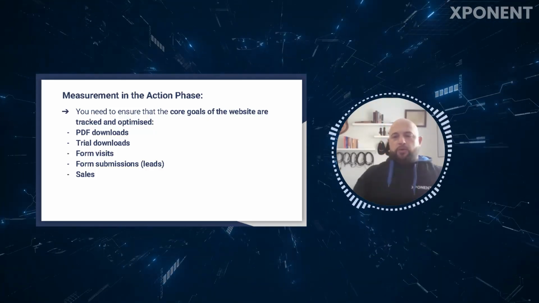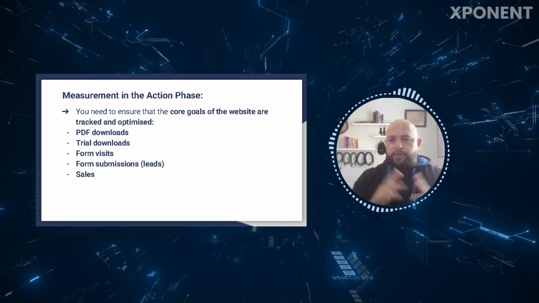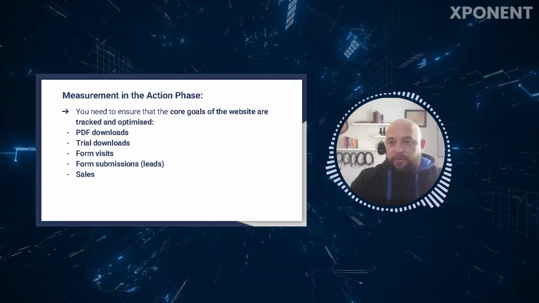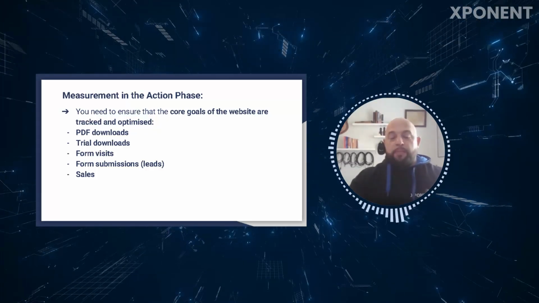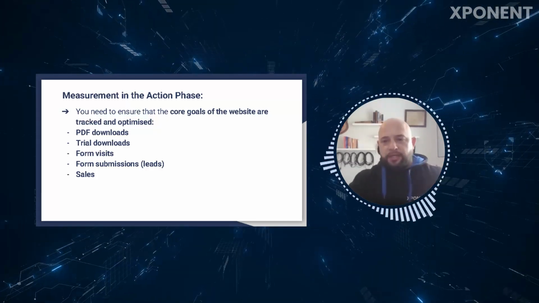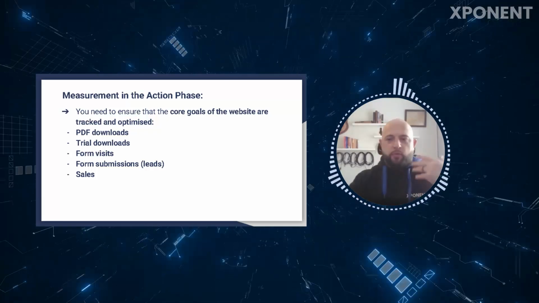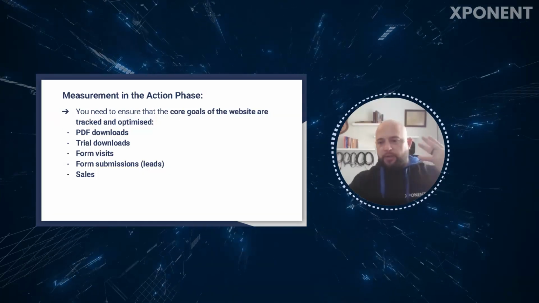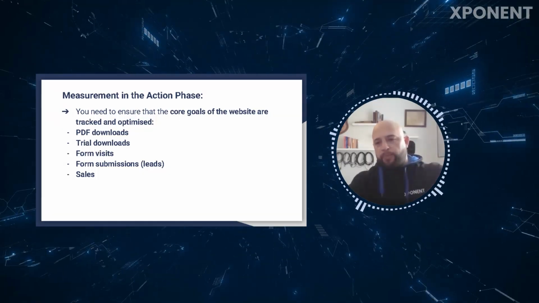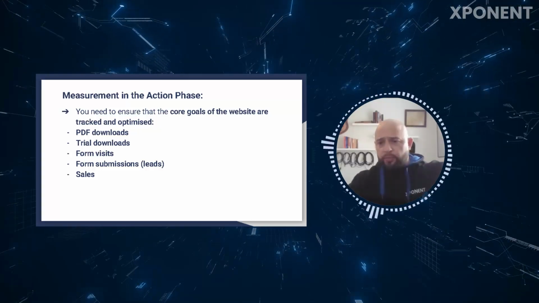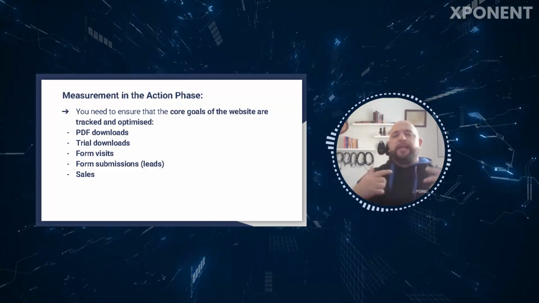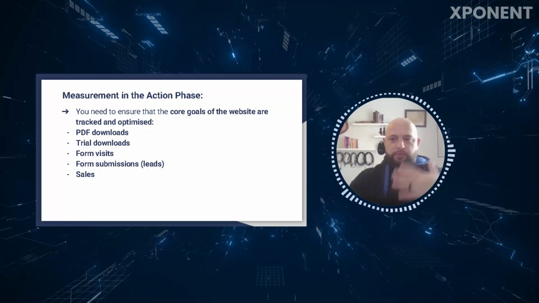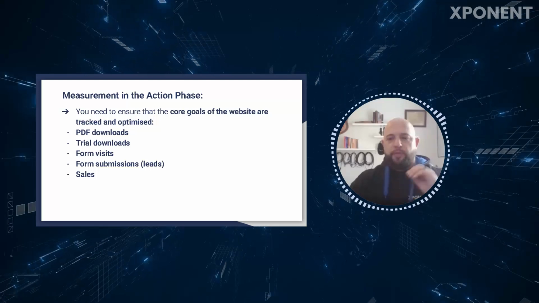And so you'll all know that I say all metrics are vanity metrics. The only metric that matters is sales, because that's why we're here. We're here to help our clients sell products. But if you want insight into where sales come from, why sales are happening, or why sales are not happening, then you start tracking back. I like to look at the bottom of the funnel first and then work my way up, because I find that working from the top down, you're sort of being led down a lot of rabbit holes of assumptions that you're making. Whereas if you start from the bottom up, you're usually following a more concrete trail.